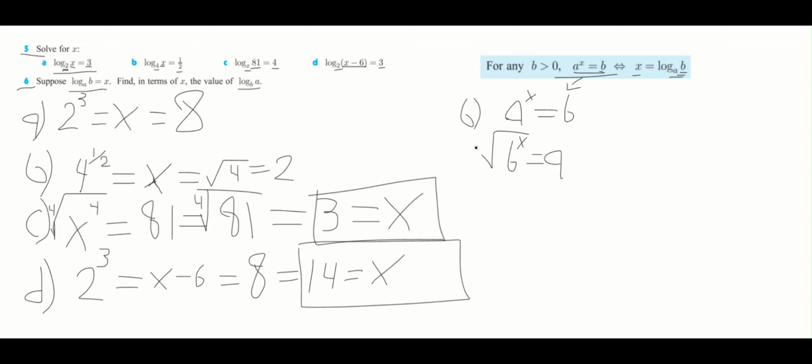If I root this side by x, well, the two x's would cancel out. But then I'd have to root this side by x. So this equals b equals a rooted by x. So you can change that equation. You see how I split these two? And so now it becomes this equation because I rooted both sides by the xth root. And so because of that, we can actually substitute, because both of the b's line up, we can substitute the b values. So it'd be a to the x equals